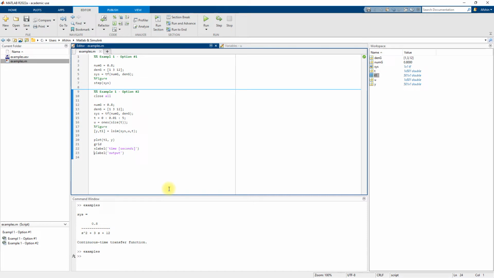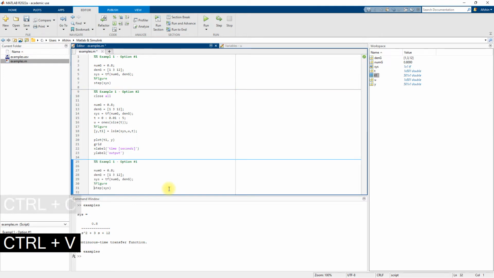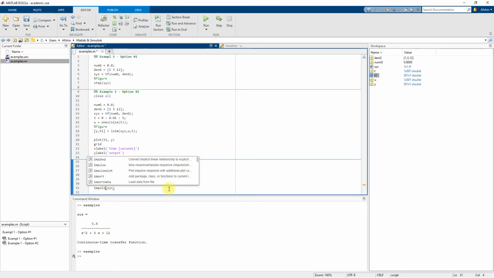So I'm going to start a new section. To save time, I'm going to just copy paste example 1, but now we have example 2, option 1. My system is the same system, so I'm going to keep num, den, and system definition the same. But instead of a step function, we have an impulse. So I'm going to use the impulse function, which is another built-in MATLAB function. So with this, if I run this section,